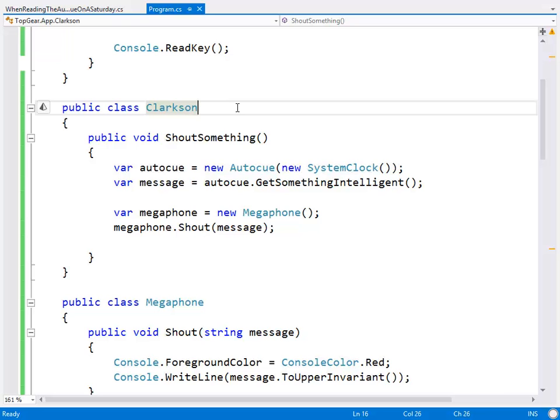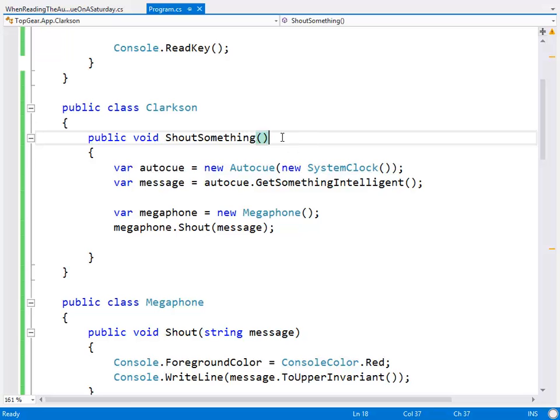So I want your code to be like that. I want your code to be loud and shouty and obvious about what it's doing. There's no subtlety to Jeremy Clarkson. Self-documenting code is not just code that doesn't have comments, it's code that's blindingly bloody obvious as to what it does. So we want your code to be like that. So we're going to apply the dependency inversion principle to Jeremy Clarkson. And if someone tweets that out of context, I'll give you a lolly.